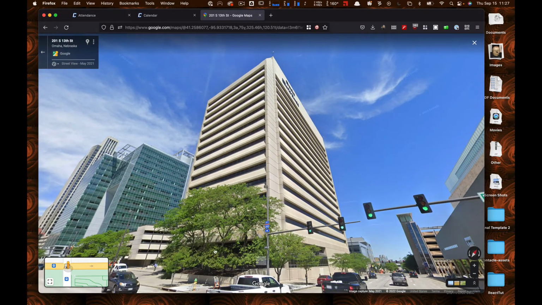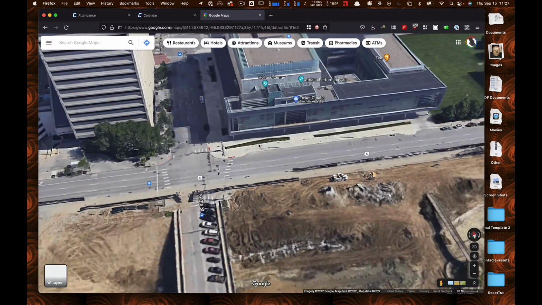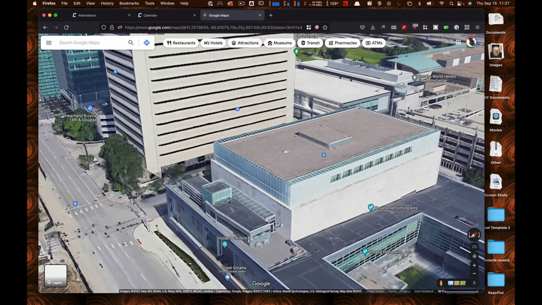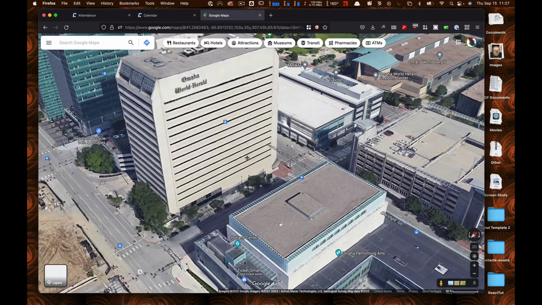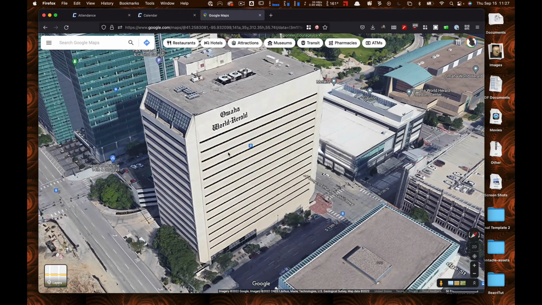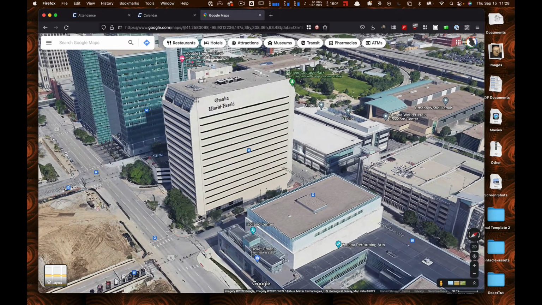That might be too close. These trees are going to screw that up, but even if you just do this side, it would be better. Again, you just got to try to find your angle. So even if you're doing something like this, this would actually be okay. I would turn the labels off and stuff, which they moved a bunch of stuff around.